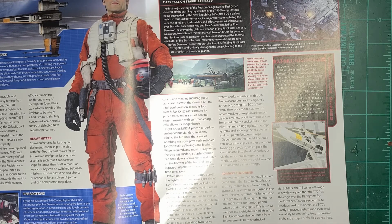Other innovations are dotted across the fighter, which measures just shy of 13 meters. Various models are decked out in a wide palette of colors, making use of sensor scattering ferrosphere paint, allowing fighters more time to intercept and investigate a situation before being spotted by the enemy. When engaged, a powered-up rear deflector shield generator provides a more efficient protective shield than earlier models, while a fast-calculating hyperdrive system works in parallel with both the Navicomputer and the fighter's astromech, giving the T-70 greater range than prior